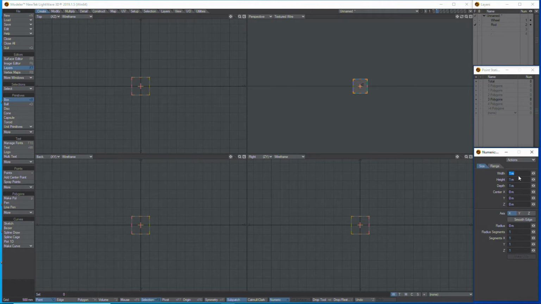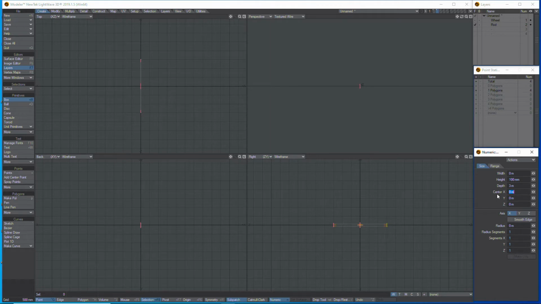The width I'm going to set to 0 meters. Height I'm going to set to 100 millimeters. The depth I'm going to set to 3 meters,